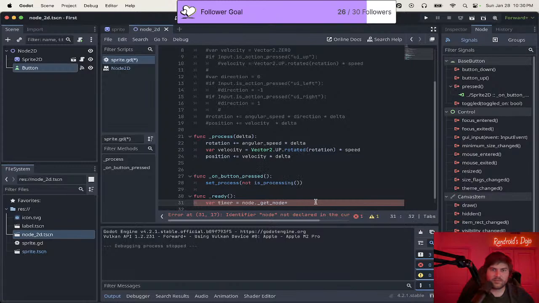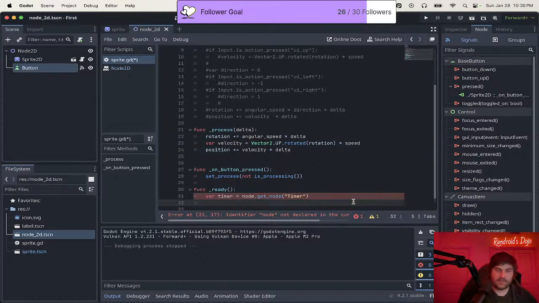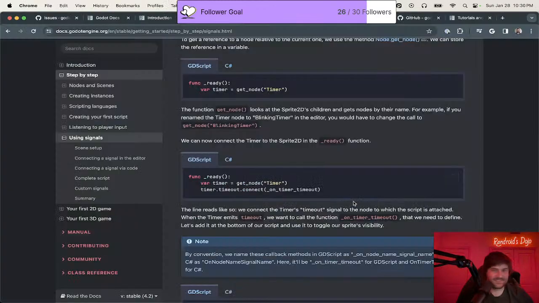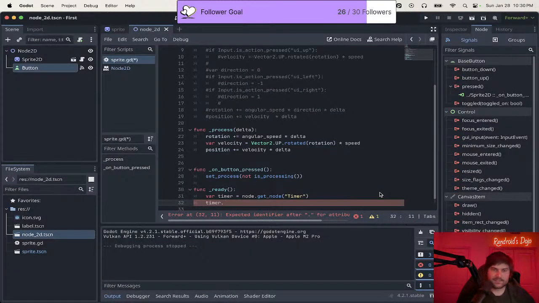Get node timer. Maybe it's without this. And then you say timer dot timer dot timer. Doesn't seem right. Timeout, call timeout. No, it was timer.timeout.connect. Timer.timeout, which is the signal, .connect, and then you want to connect to the function name, which was on